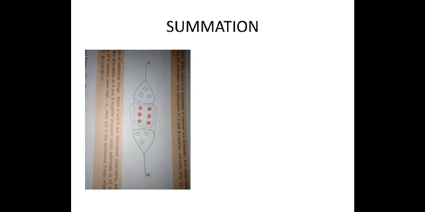We can see in this figure, if two neurons are stimulated, A and B, stimulation of A stimulates 3 neurons and stimulation of B stimulates 3. Whereas if you simultaneously stimulate A and B together, it stimulates 12 neurons instead of 6. Here, when the two afferent nerves are simultaneously stimulated, the response obtained is greater than the sum of the responses obtained when the nerves are stimulated separately. That means it is summated.